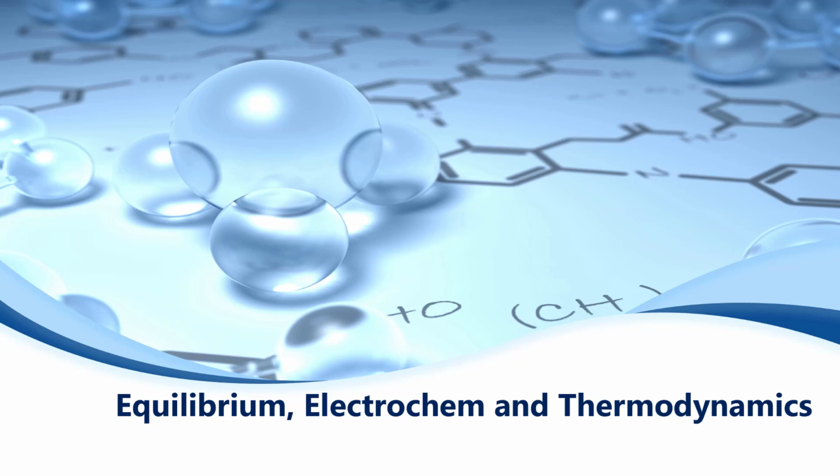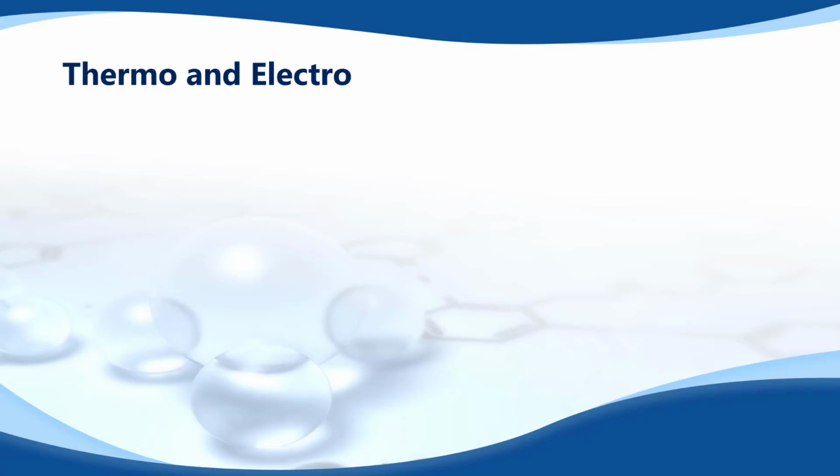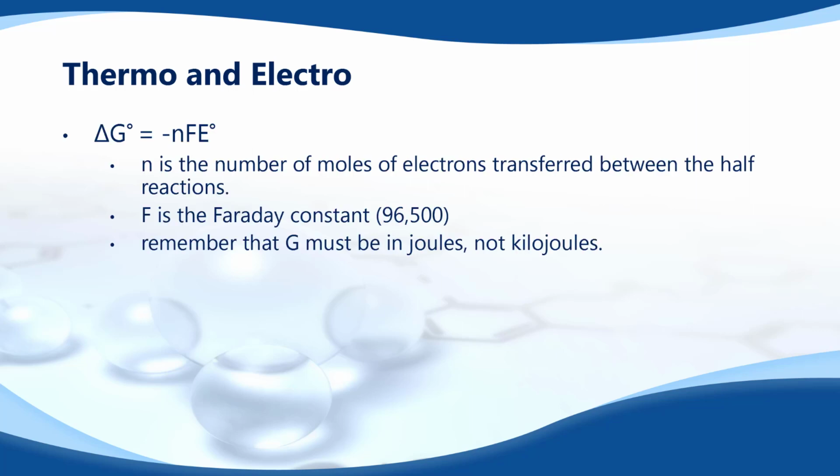Okay, so welcome to our last video for this unit where we put everything together and relate equilibrium with thermodynamics with electrochemistry. Now the equation to relate these: whenever we're talking about thermodynamics, we're talking about delta G, and for electrochemistry, we're going to talk about cell potential. The free energy change of the reaction is negative N times Faraday's constant times the cell voltage that you